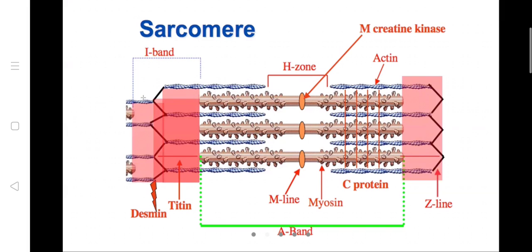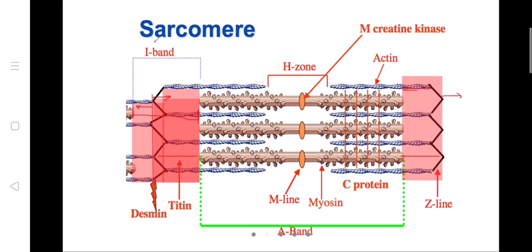This is the Z line. This Z line is for this side sarcomere and this side sarcomere also, so a common Z line. This side, this sarcomere will attach, and this side, this sarcomere will attach. So wherever the empty gap is, from here to the empty gap here, this region is shown in the dotted line.